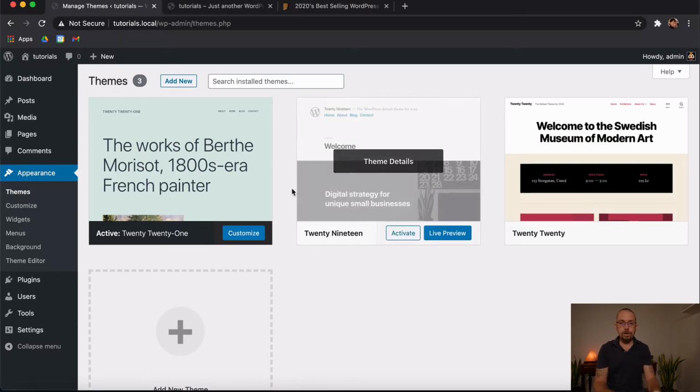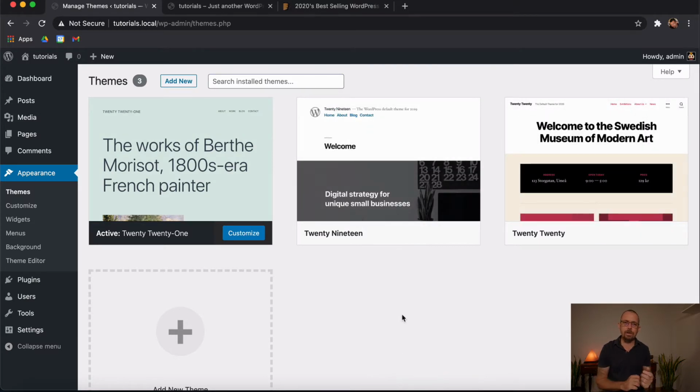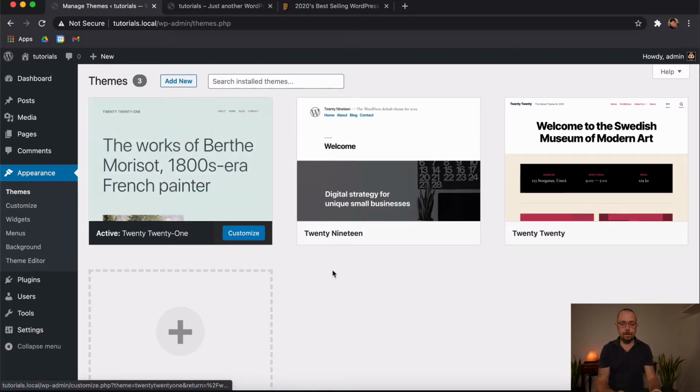Now what we can do eventually is delete out some of these because we don't want to have lots and lots of themes. When working with WordPress, we really want to make sure that everything is clean and tidy. It just makes websites faster. It's just a nice way to organize, making sure your admin and your back office of your WordPress is clean so you can easily navigate. So there's a few things that you can do.